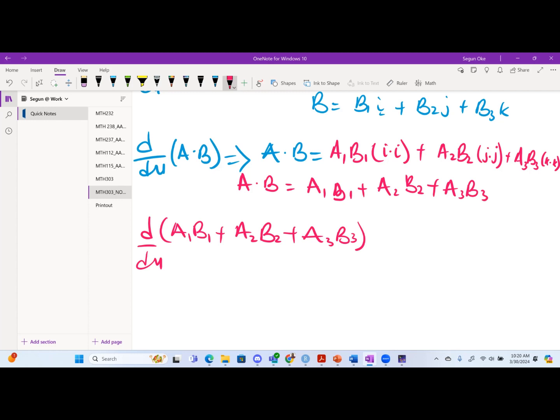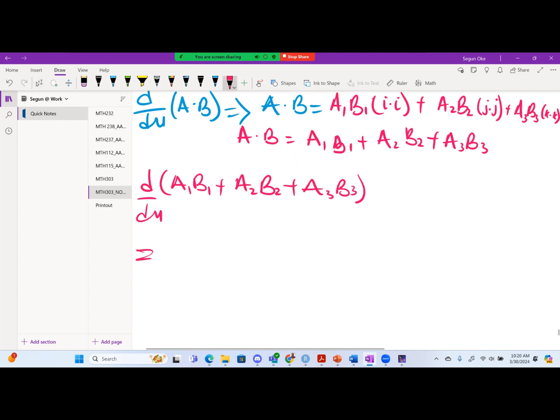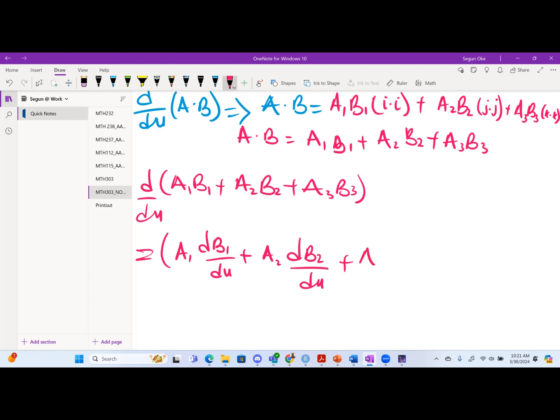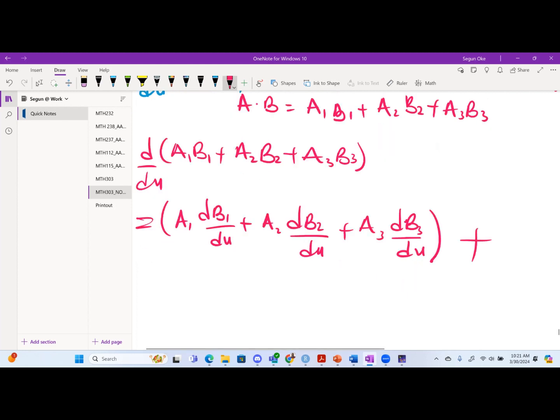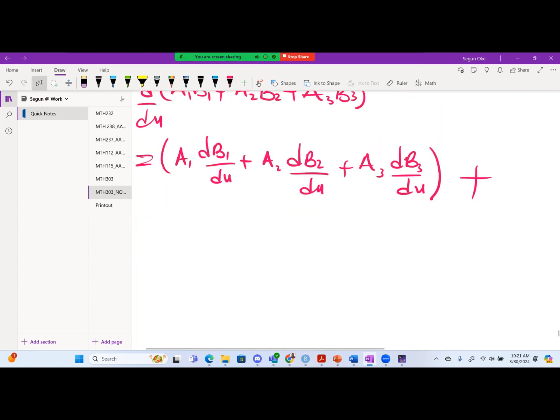So what will be the solution for this? The solution for this will be, the definition we are talking about is, I will hold all my A constants, then I will differentiate B, meaning A1 dB1 du plus A2 dB2 du plus A3 dB3 du, plus, because I know the definition of dot, so I know the definition of multiplication too, plus will be